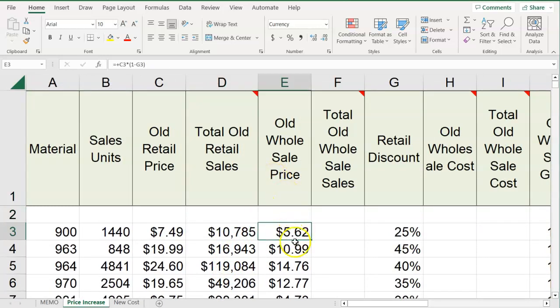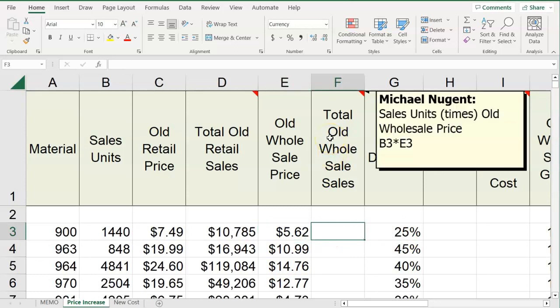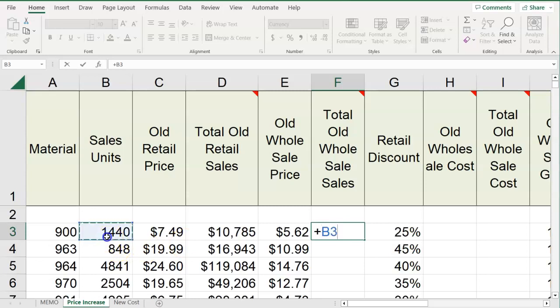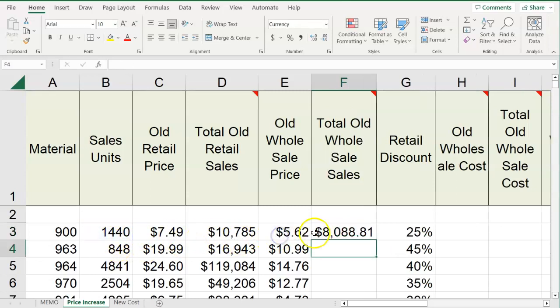Okay, so column E, we already have this information, which is the wholesale price, which looks like we're doing column C times 1 minus the retail discount. So basically the wholesale is 75% of the retail price. There's a 25% discount. So that formula is already in there for us. So we can move to column F, sales units, old wholesale, sales units times old wholesale price, or B times E. So B times E, and we get the old wholesale